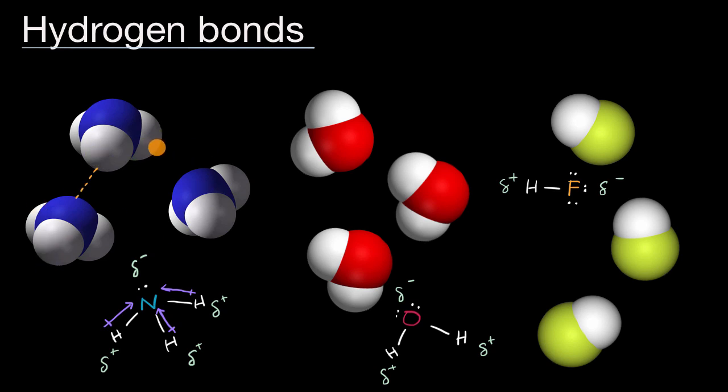Or this hydrogen, the partial positive charge, might be attracted to that nitrogen that has a partial negative charge. And this attraction between the partial positive hydrogen end and the partially negative end of another molecule, those are hydrogen bonds. And they are an intermolecular force that will be additive to the total intermolecular force from, say, things like